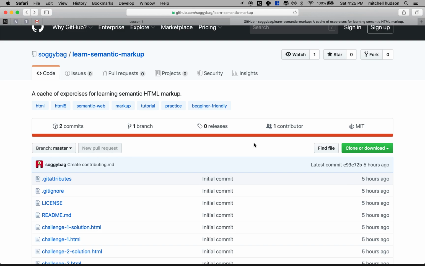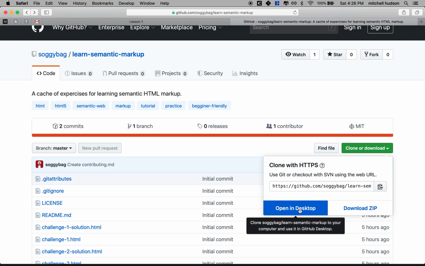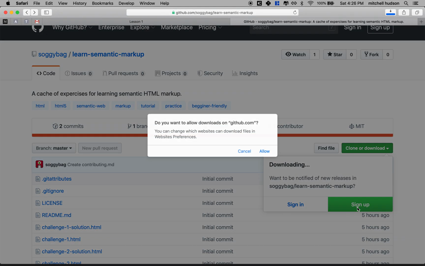So here's what you can do. If you have a GitHub account, you can fork this repository by clicking fork, and then you'll have your own copy of it, and then you can work on your copy. If you don't have a GitHub account, then you can make a GitHub account and fork it, or you can just go to this big green button right here and you can choose download zip, okay? If you're working with the GitHub desktop, you can click this and open it there if you want. But if you don't have a GitHub account, you can just click this download zip. And when you do,